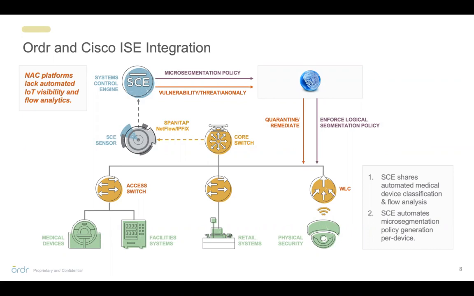In addition, with Cisco ISE, we're going to share information about risk scoring of assets, known vulnerabilities, and then most importantly, we then turn around and can share policy generations for what microsegmentation rules you can put on to protect specific assets and let ISE achieve that goal of providing those protection measures and making sure they're enforced across your network infrastructure. So that's a high level of what we do.